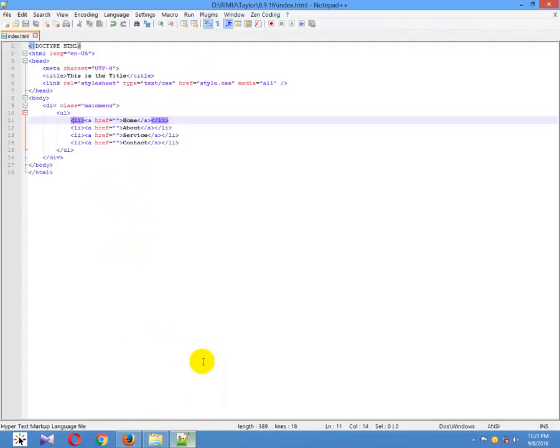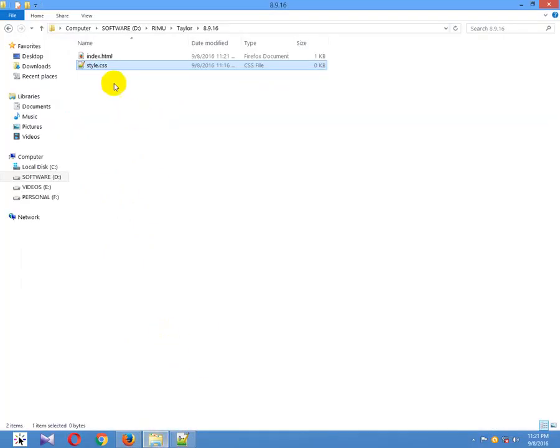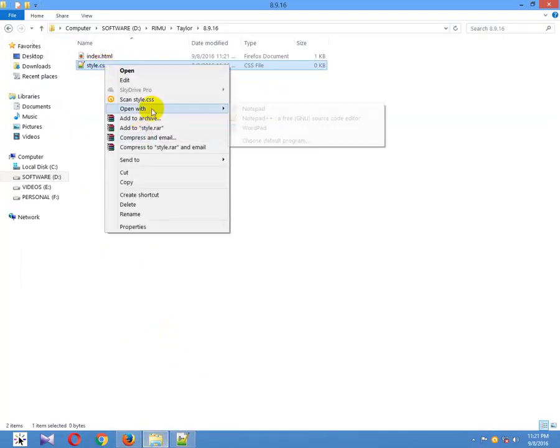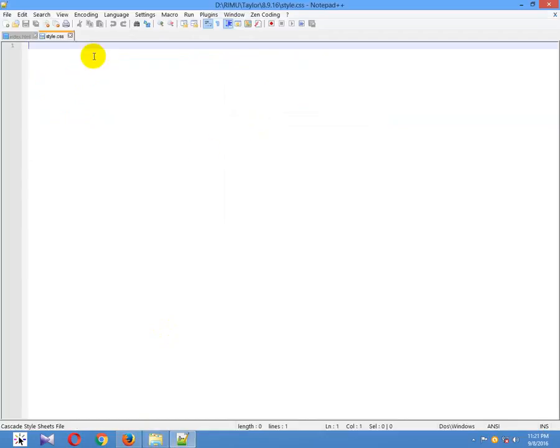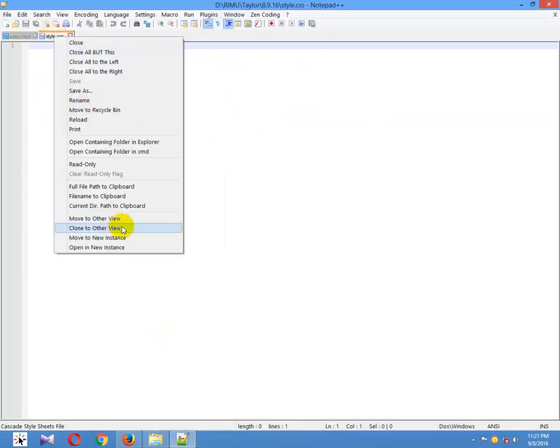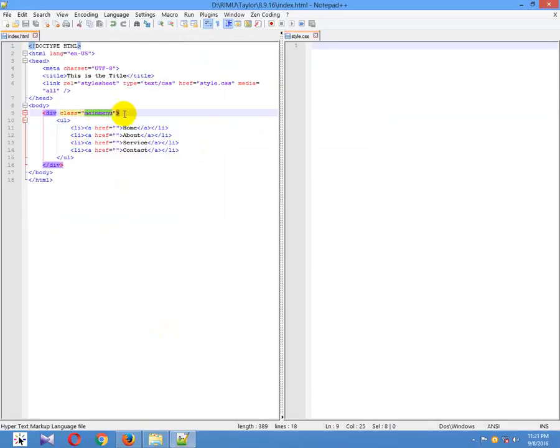Okay, this is an unordered list and list items, and we also open this style.css file in Notepad++ and move to the other view and take this class and type a dot, control V, paste this and second bracket. Okay, and save this,